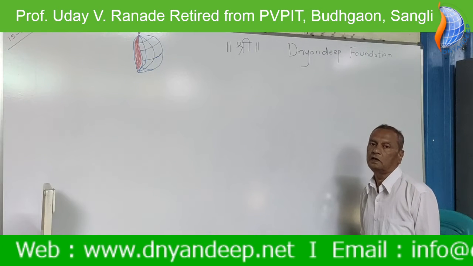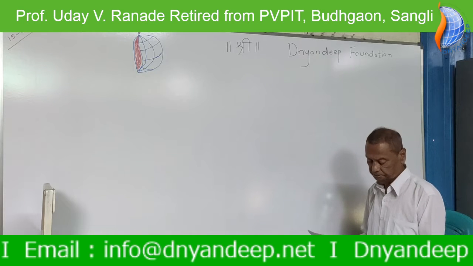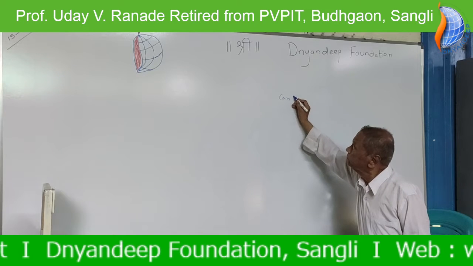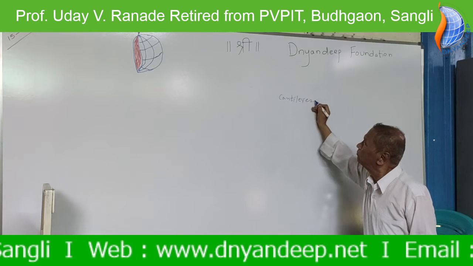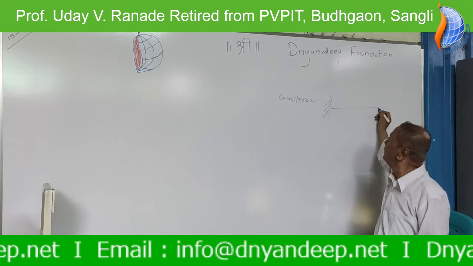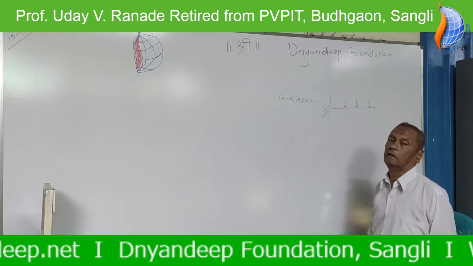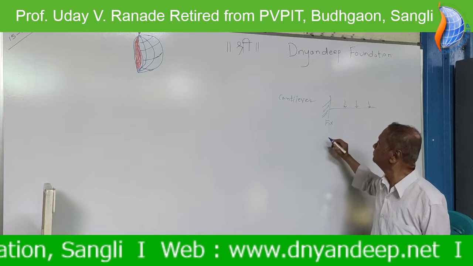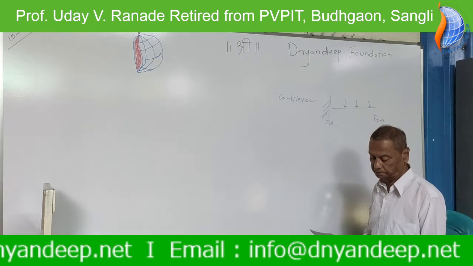Today, based on the theory that I have explained yesterday, one example on cantilever. Cantilever is one end fixed and other end is free, with loading. This is fixed support. This is free support. So the example,